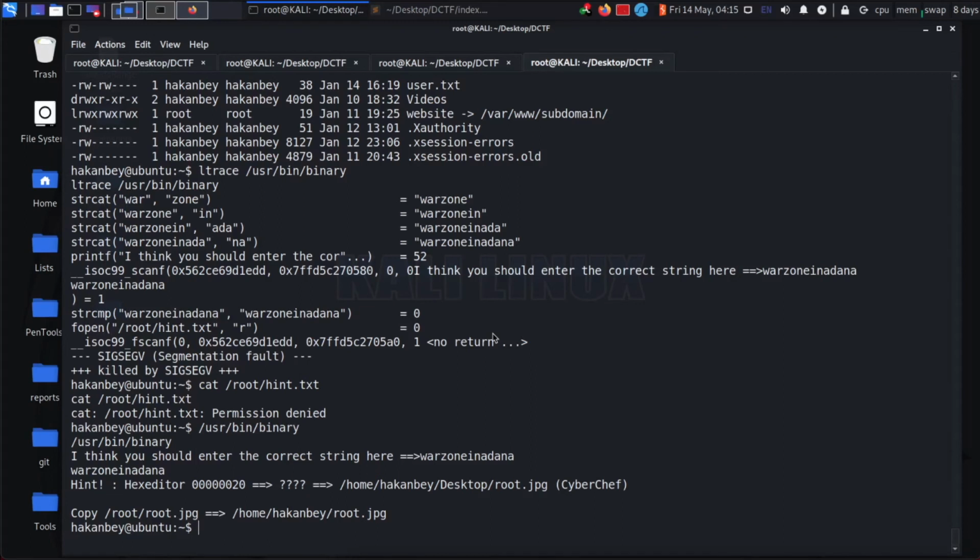Instead of running the ltrace, drop the correct word in there and you'll get a copy from the root folder of a certain JPEG into your directory that you're currently in, which is home HeyCamBay. And now that you have this root JPEG, probably pretty pertinent, we want to copy this root.jpg over to the